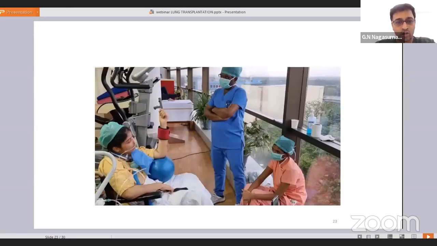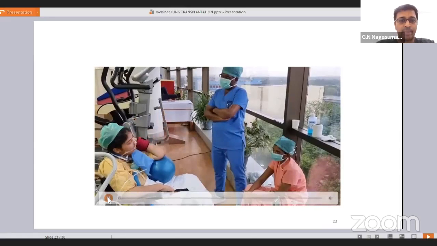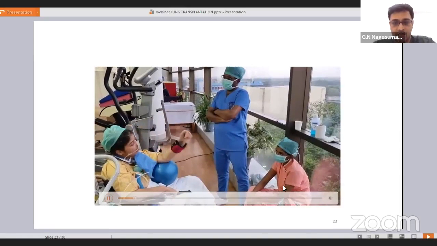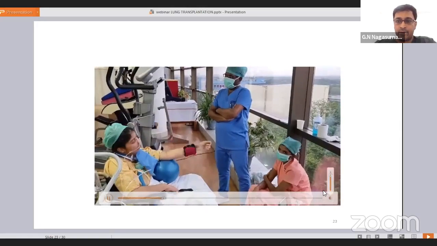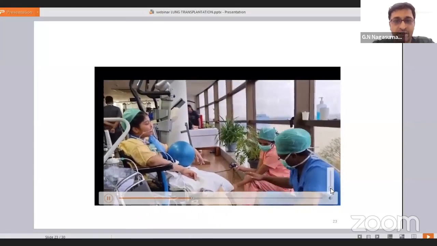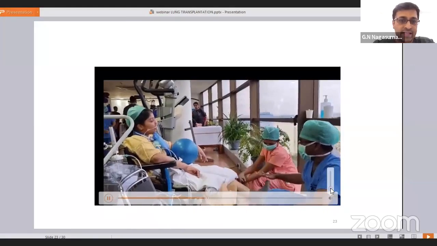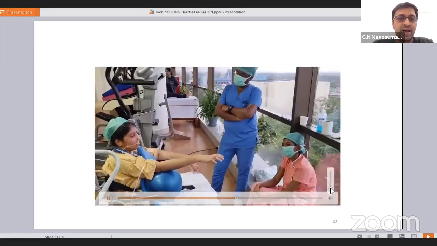So this is our post-op case. This case was recently operated on, a lung transplant. Immediately we took her to our department. Okay, we started. We started with basic exercises and strength training exercises. We started with minimal 1 kg free exercises.